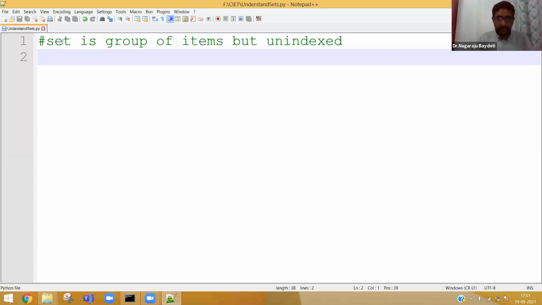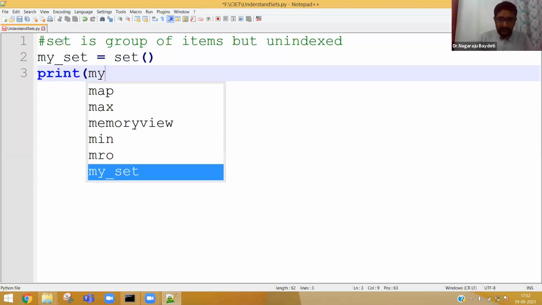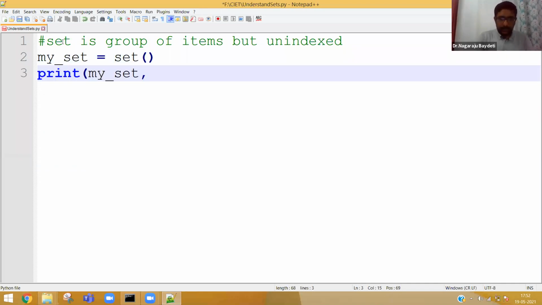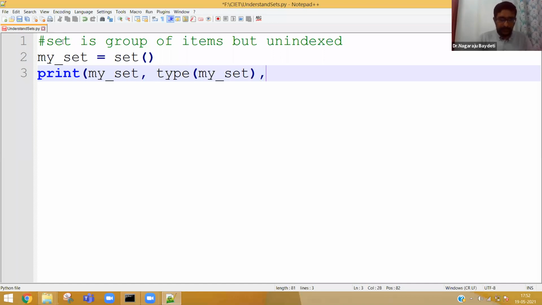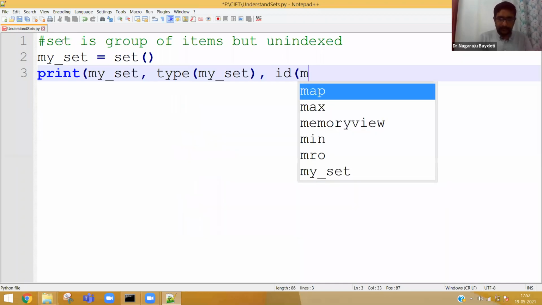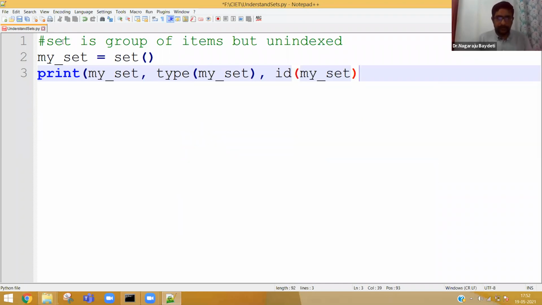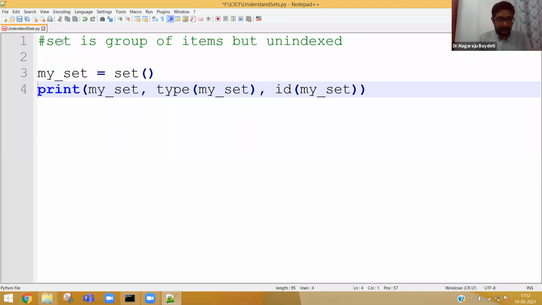For example, set, my set is equal to, print my set, type of my set, then ID of my set. So what it will do, obviously it will create an empty set.